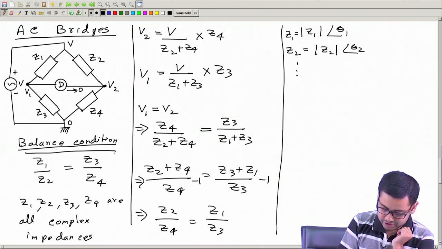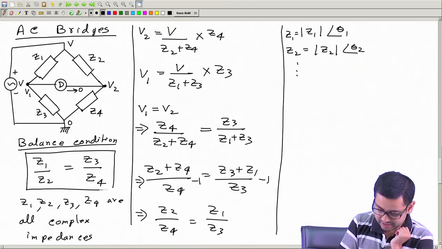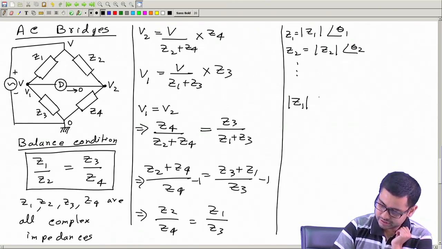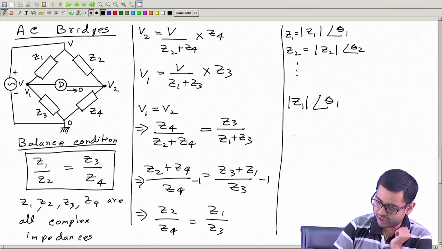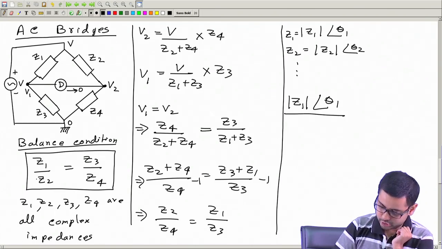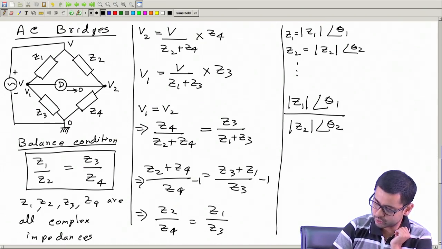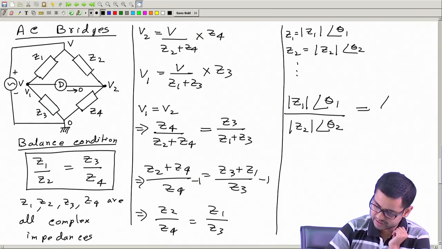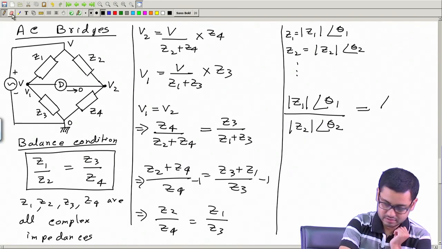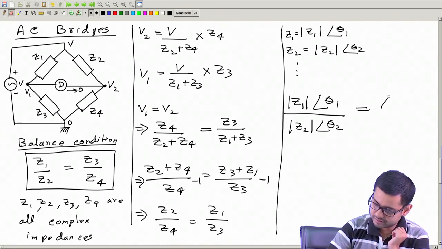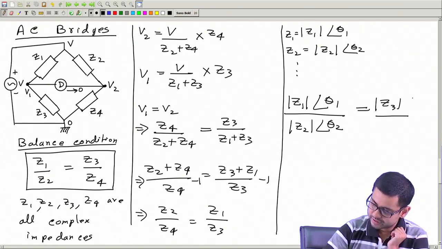Therefore, we can put these values in this balance equation and write Z1 magnitude with the angle theta 1 divided by Z2 magnitude with the angle theta 2 same as Z3 magnitude with angle theta 3 and